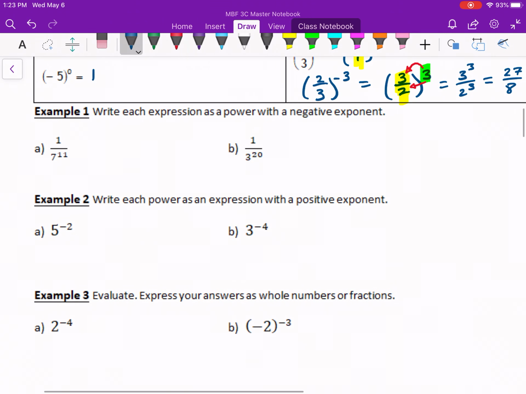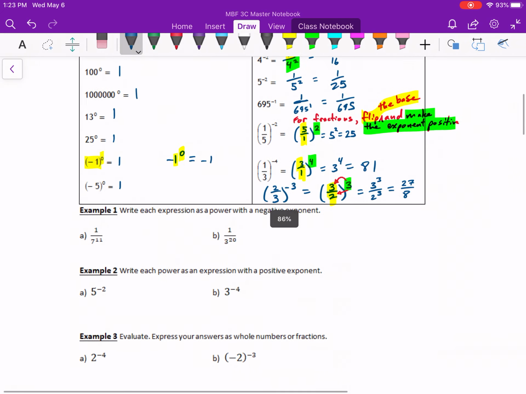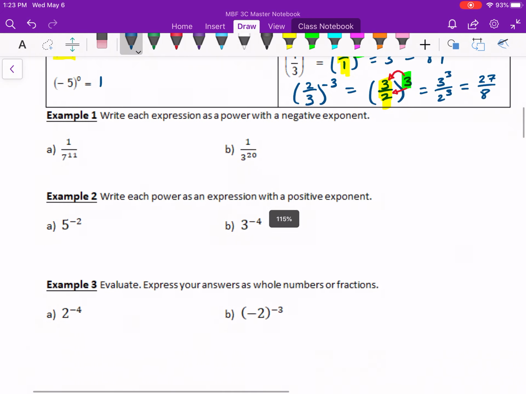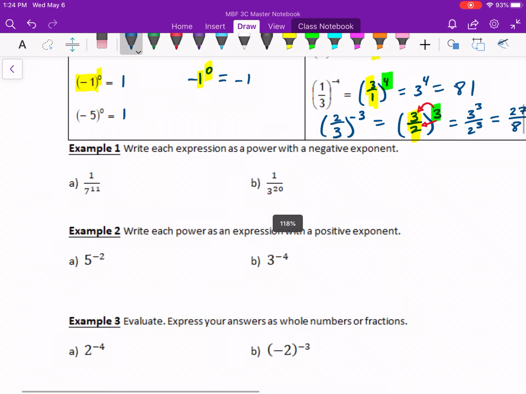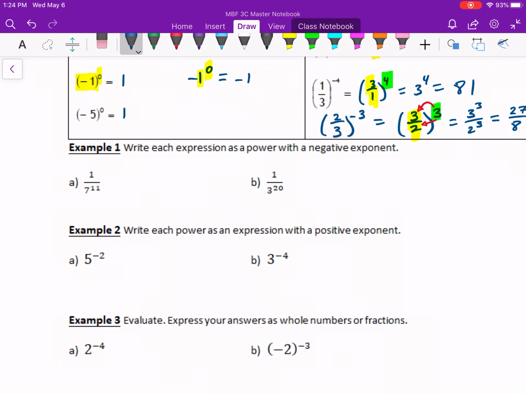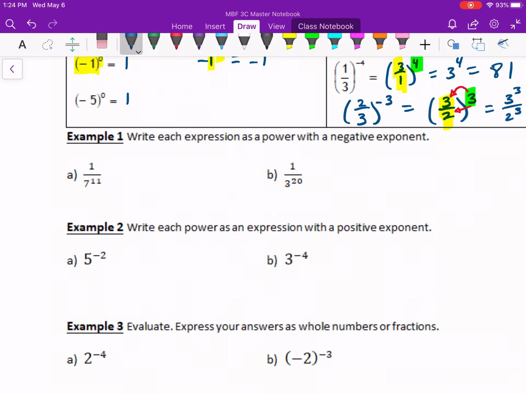So here's a couple of examples. Write each expression as a power with a negative exponent. Well, in all the examples I've done so far, I was taking them from negative exponents and giving them positive exponents. So this is just going backwards from what I just did. So going backwards, I could think 7 to the negative 11,